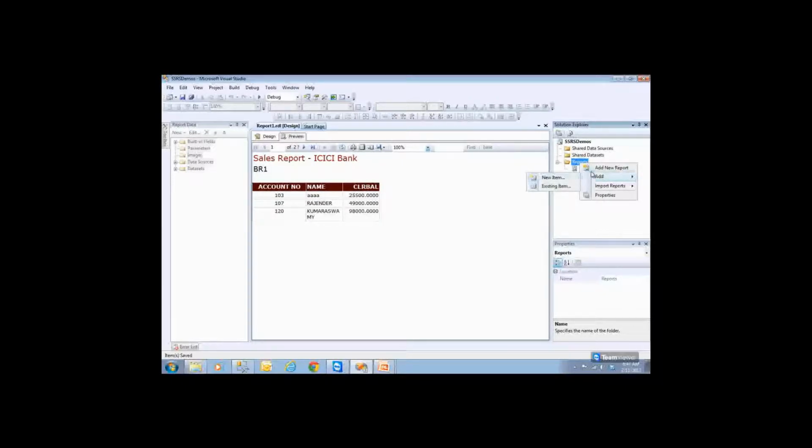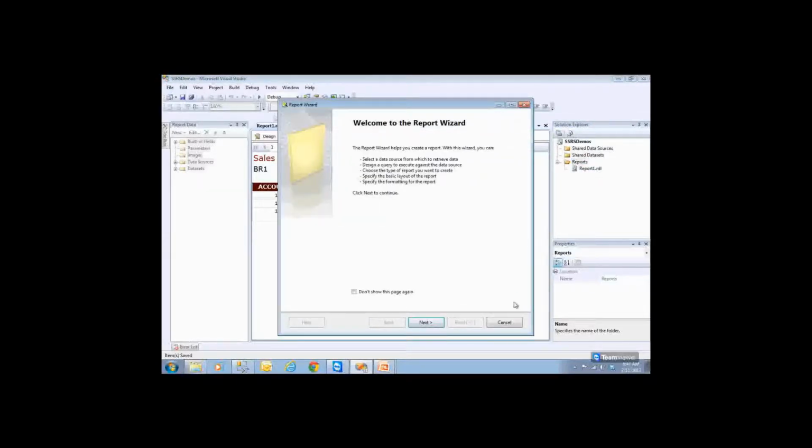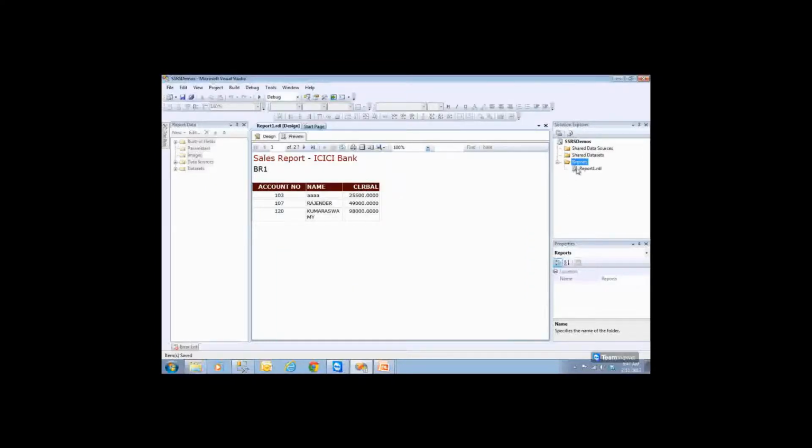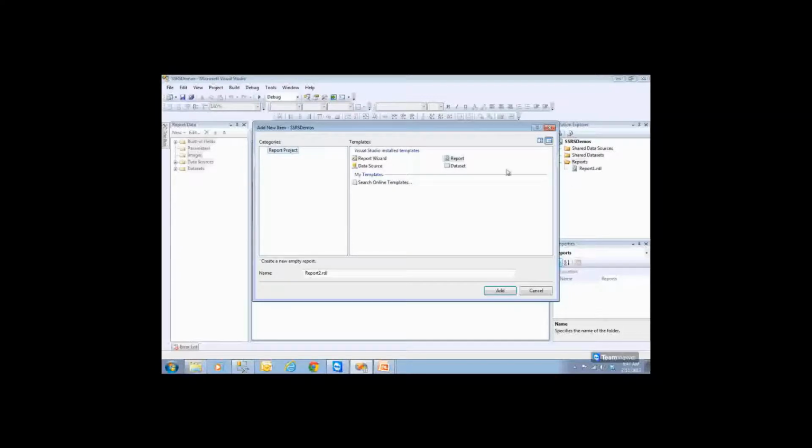Okay. So if you go to the previous one, this will give you a wizard. So don't use this because using a wizard, you cannot create complex reports. Always wizards will provide you simple reports. So I'm not using this option. So right click on reports, go to the second option called add and new item. When you add a new item, make sure that again you are not in the wizard. Again, if you are in the wizard it will start. Don't choose this. You have to choose a report. Choose report here and you have to provide the report name, exercise one.